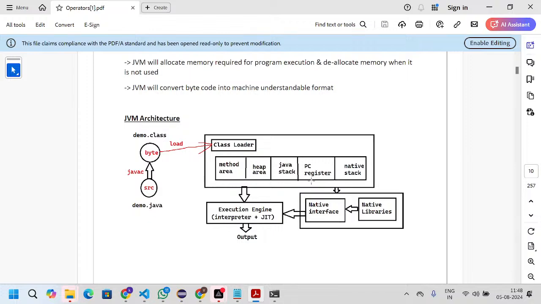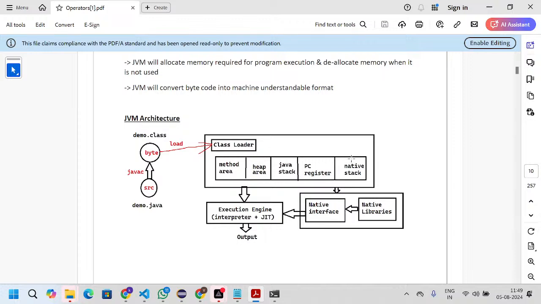The PC register holds the information about which line is being executed. And the native stack is for non-Java code, since we can also write code using Java that calls languages like C++.